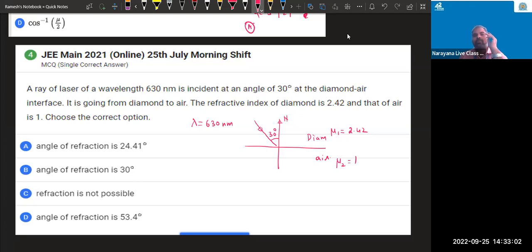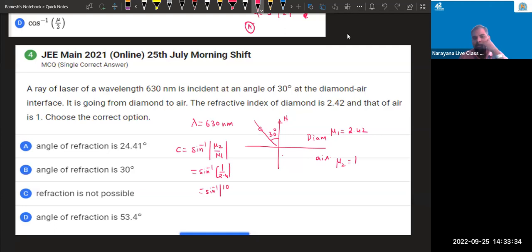Angle of refraction, how much? Whenever it is going from diamond to air, what will happen? What is the critical angle for diamond? Sine inverse of mu2 by mu1, no? Mu2 value is how much? 1 by 2.4, which means sine inverse of